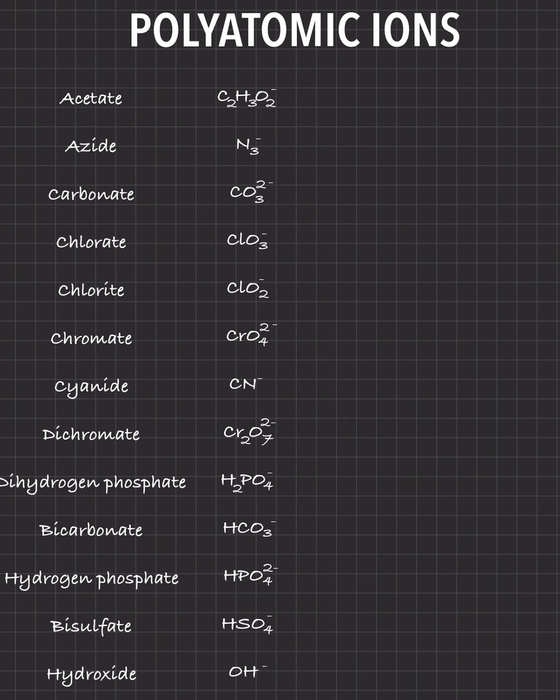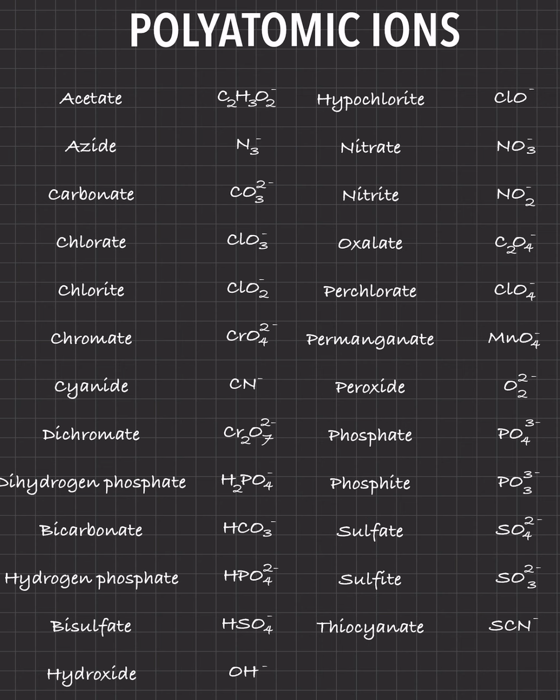So the first list is going to be acetate, C2H3O2 minus, azide N3 minus, carbonate CO3 2 minus, chlorate ClO3 minus, chlorite ClO2 minus, chromate CrO4 2 minus, cyanide CN minus, dichromate Cr2O7 2 minus, dihydrogen phosphate H2PO4 minus, bicarbonate HCO3 minus, hydrogen phosphate HPO4 2 minus, bisulfate, let me say that again, HSO4 minus, hydroxide OH minus, and let's do the next list,